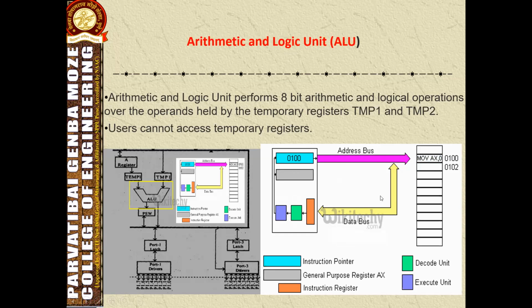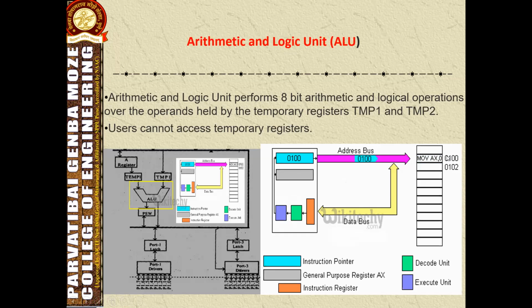See in this GIF picture, this is the instruction pointer. The instruction pointer sends the address of the memory where the instruction is stored. This is the internal memory, and here the instruction is stored. These are the addresses. So the instruction pointer sends the address through the address bus